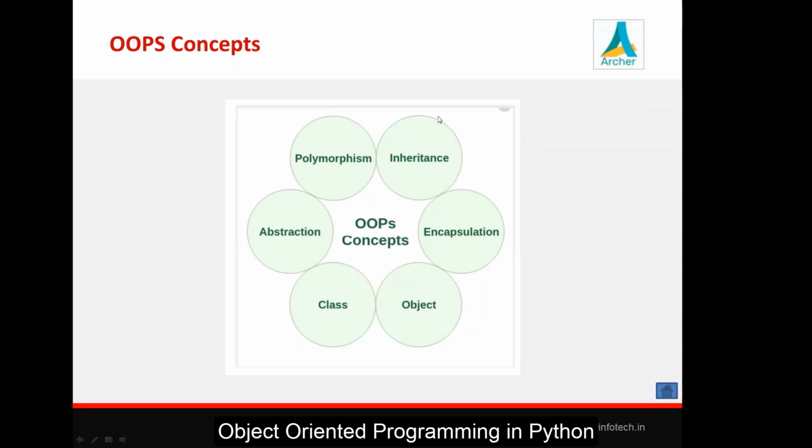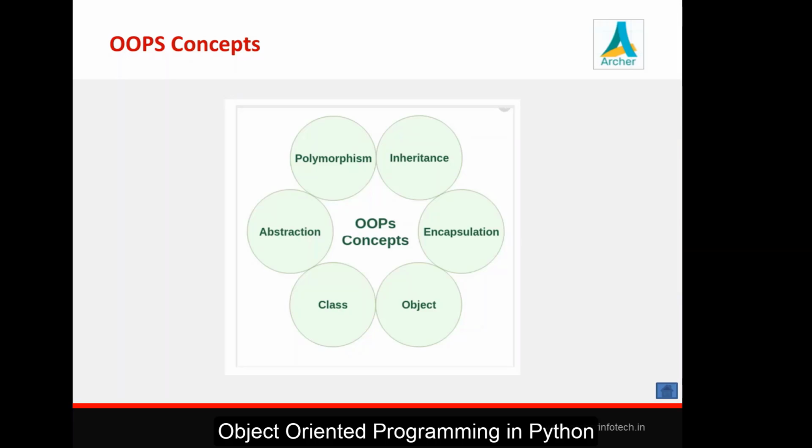Now see, object-oriented programming is an approach for modeling real-world entities as software objects, which have some data associated with them and can perform certain functions. The basic idea of any object-oriented programming is that everything is an object. Means everything we need to define in terms of objects, and an object is associated with data and operations. Okay, so these are some basic concepts of object-oriented programming like class, object, encapsulation, inheritance, polymorphism, abstraction. We'll see how we can define a class, how we can create an object, and then some OOP principles like inheritance,